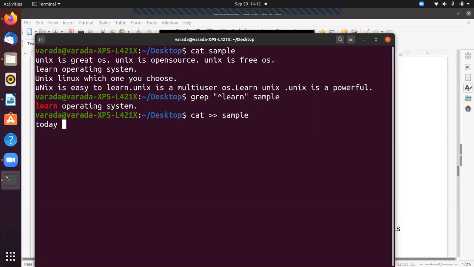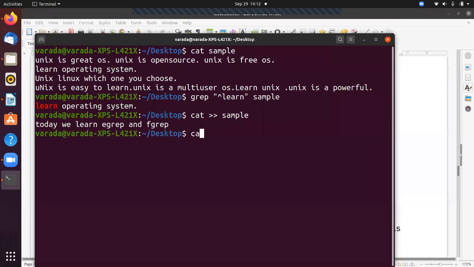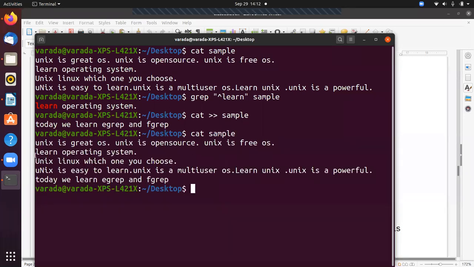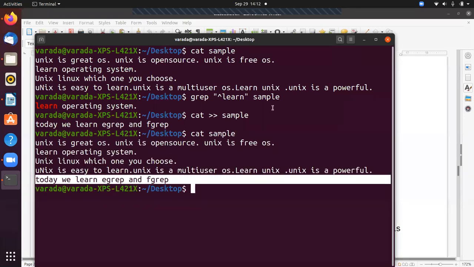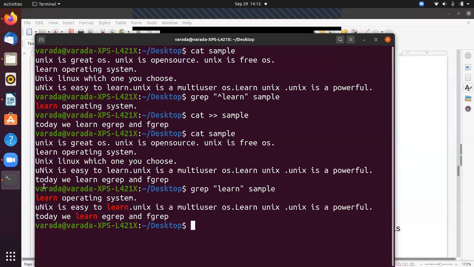Now we can see another example, cat sample. In this I am appending: today we learn egrep and fgrep. This is the data I appended to the sample file, this is the line we appended. Now if I give grep learn sample, what does it display? It displays three lines, there is another line already. So these three lines contain learn.